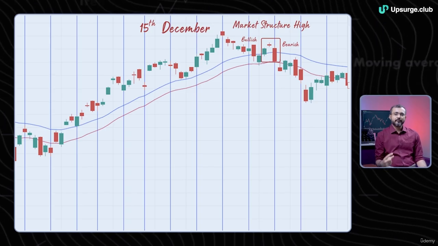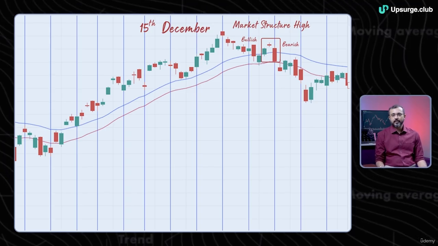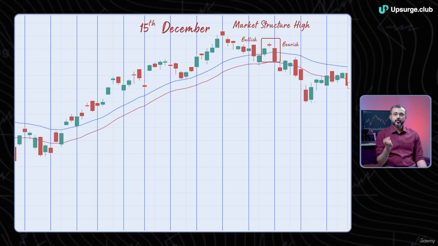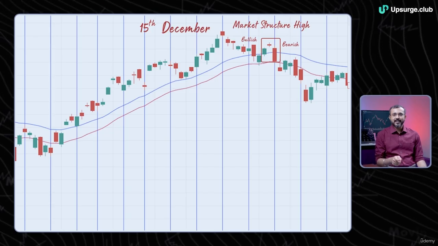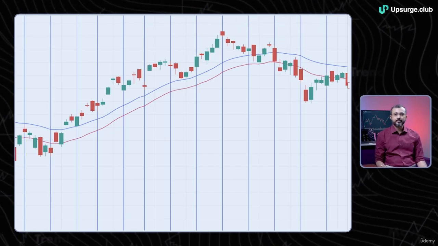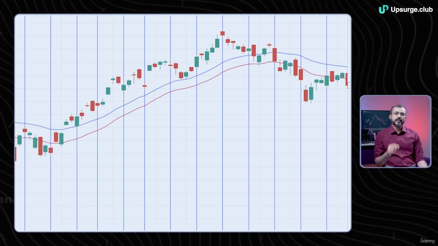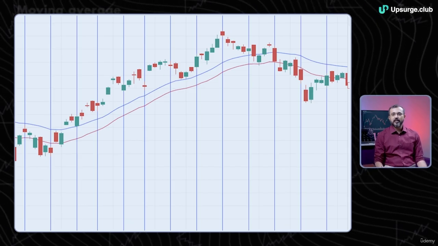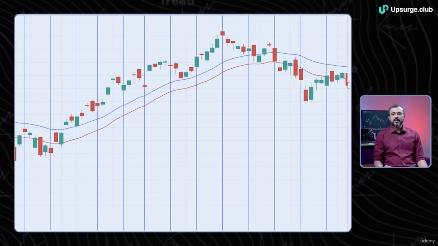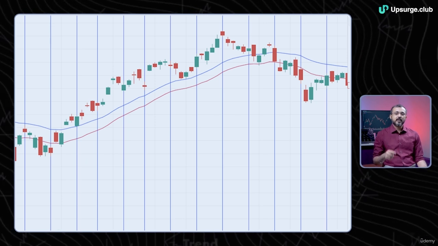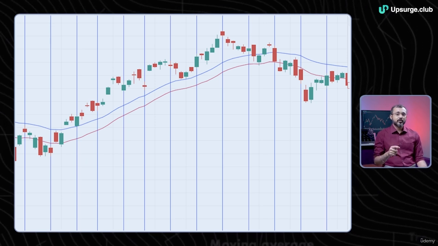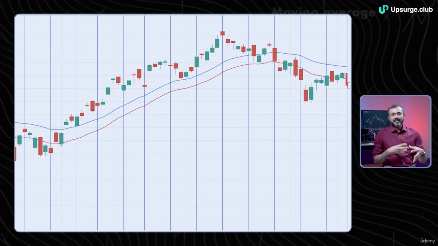Now in this case, if we identify the range, we won't find a range because the closing price of the bearish candle and the moving average is almost the same. When it is almost the same, you cannot identify the range, right? You will get 1 point, and just based on 1 point, you cannot trade a straddle. So this is the reason whenever a market structure high and there is no trend or anything that is getting